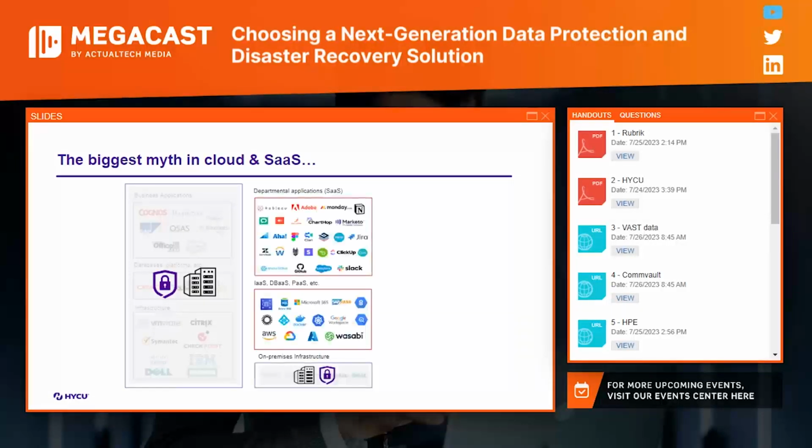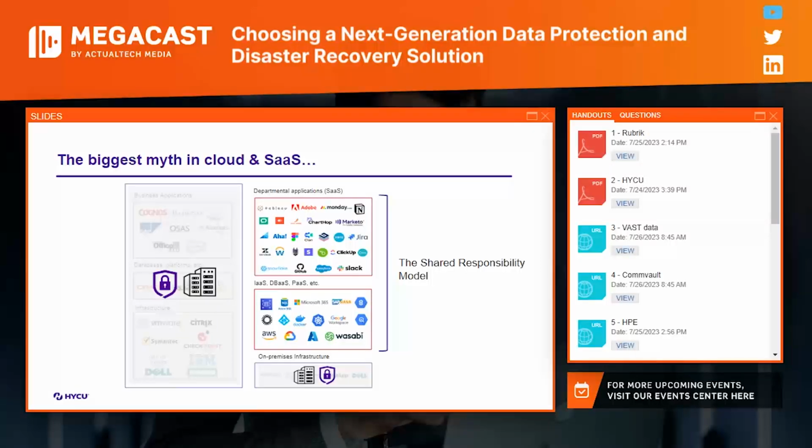A lot of customers still believe that that same protection like end users expected from your on-premises infrastructure is also provided by cloud service providers and software as a service providers. A lot of customers still believe that it's a service, so they protect it, they take care of it. But for every cloud service provider, for every software as a service provider, they have one commonality, and that is that they all operate by the shared responsibility model.